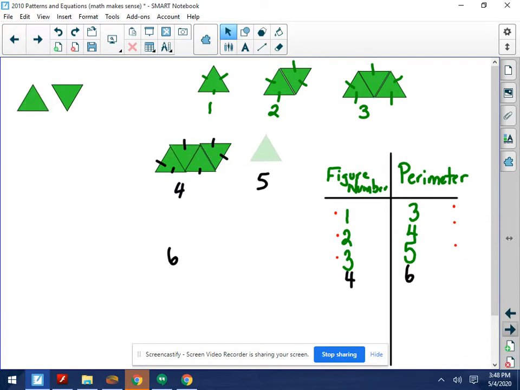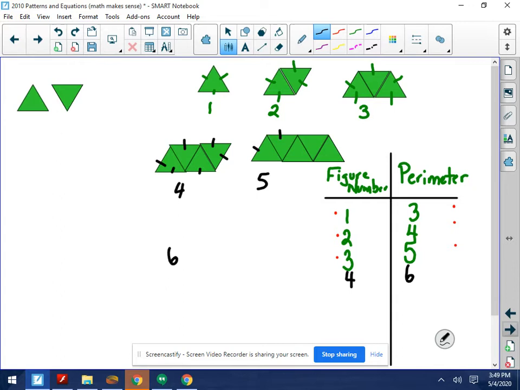Okay, so for figure 5, I'm building the same as figure 4 and then again just adding one extra shape to the end of it before I add up to find my perimeter. Perimeter of 1, 2, 3, 4, 5, 6, 7 lengths. So shape 5 has 7. And then shape 6,